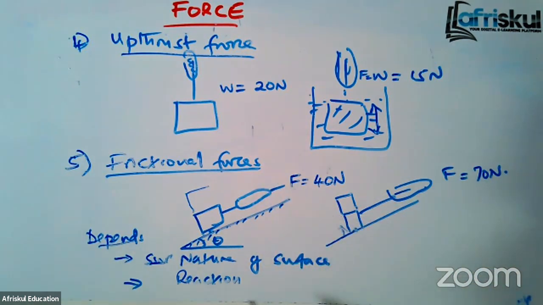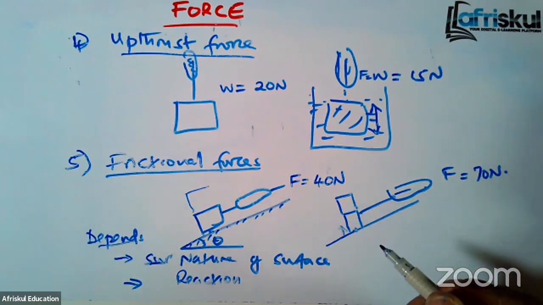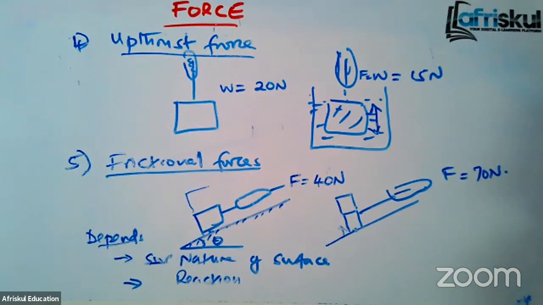So the frictional force, we are saying, number one, depends on the nature of the surface. The rougher the surface, the more the friction. And then the other thing is the amount of force that exists between the two surfaces, what we are calling the reaction. So we can say there's a great deal that can be discussed about frictional forces, but that is a topic again in Form 3 when you discuss Newton's laws of motion. We are still discussing the types of forces that exist, and we have mentioned 4 so far. We now go to